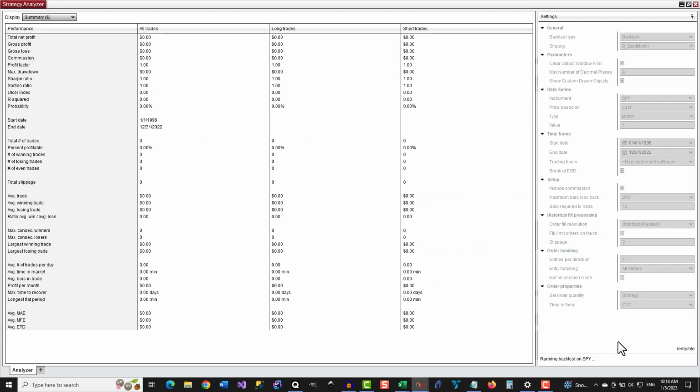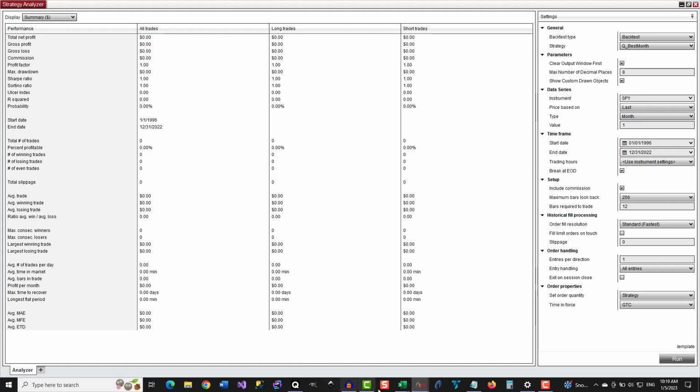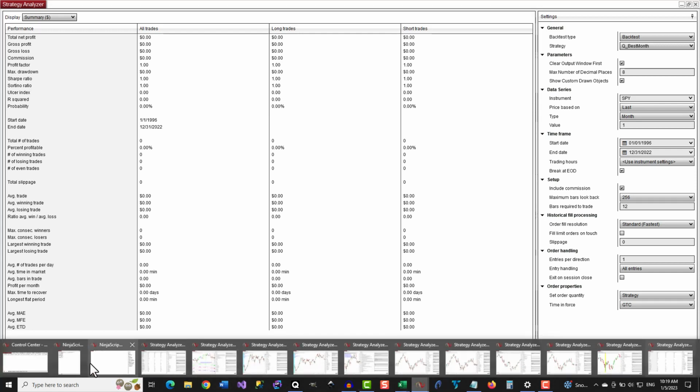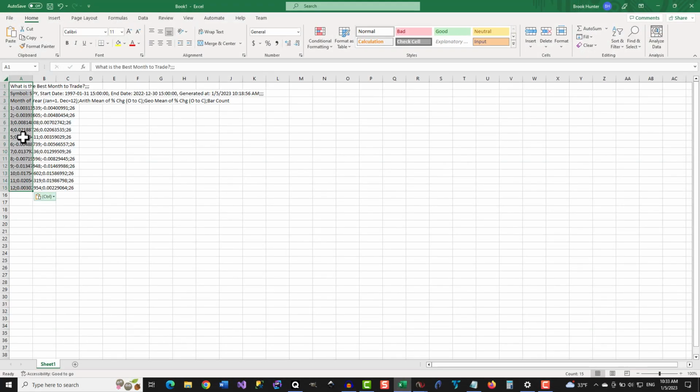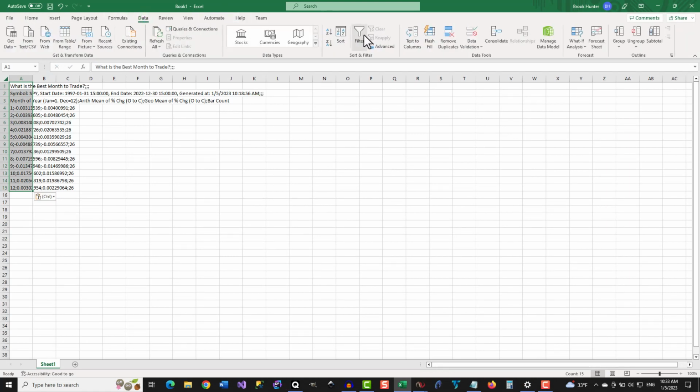Then copy and paste the strategy's report results from the NinjaScript output window into Microsoft Excel, and format the report data to create a report that looks something like this.